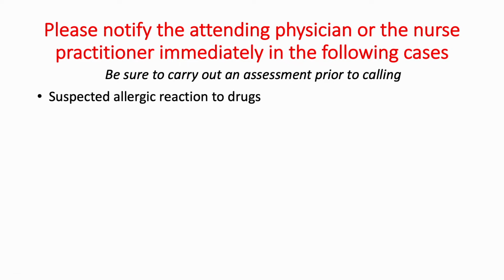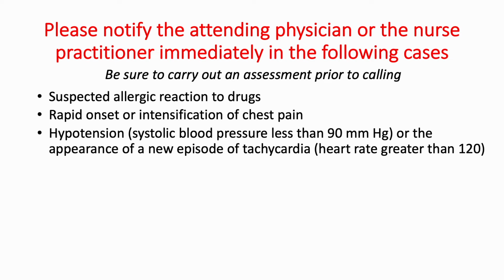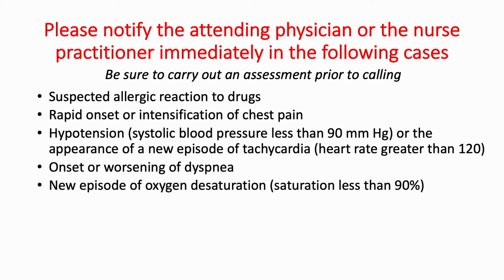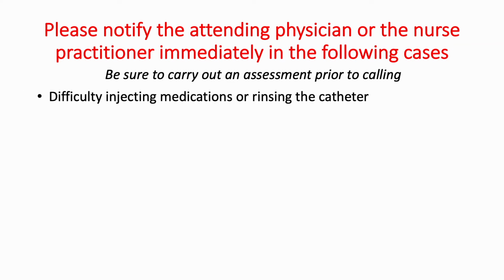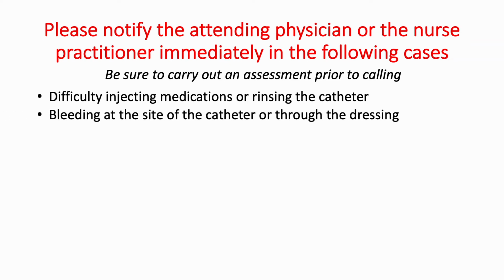suspected allergic reaction to the medications, rapid onset or intensification of chest pain, hypotension with a systolic blood pressure less than 90, or the appearance of a new episode of tachycardia with a heart rate greater than 120, onset or worsening of dyspnea, new episode of oxygen desaturation with a saturation less than 90%, or the appearance of hemoptysis, difficulty injecting medications or rinsing the catheter, bleeding at the site of the catheter or through the dressing,